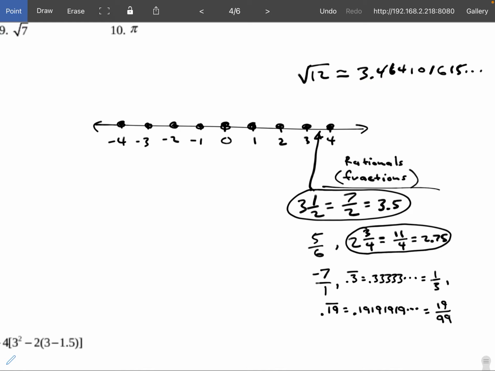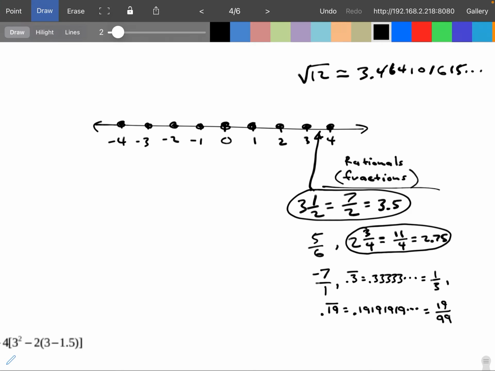What's a famous irrational number? It has a symbol for it. Pi. Yep. So we'll draw that one in there. So this one, square root of 12, that's a little bit less than 3.5, right? So this square root of 12 right here would fit in a little bit less than 3.5. That would go in here, right? And then pi